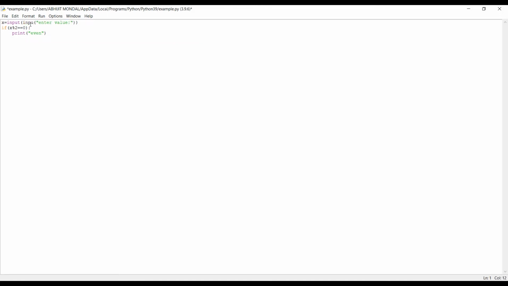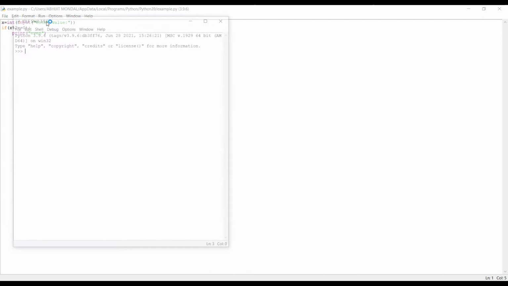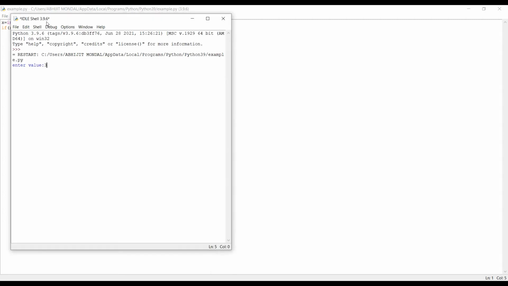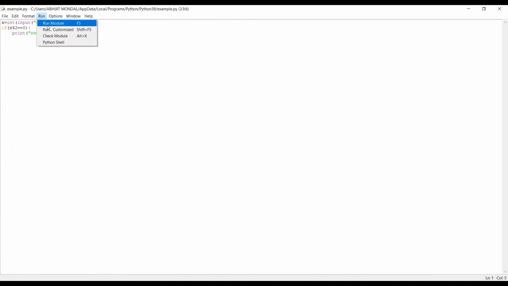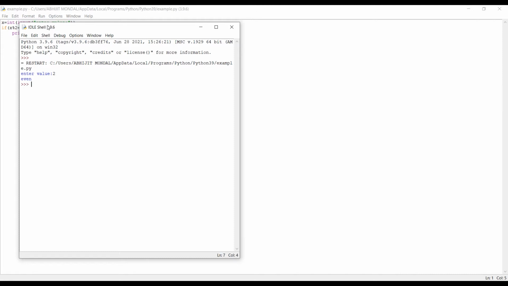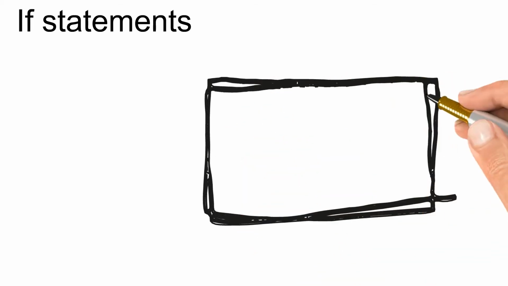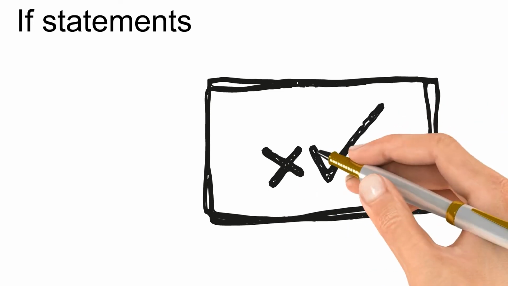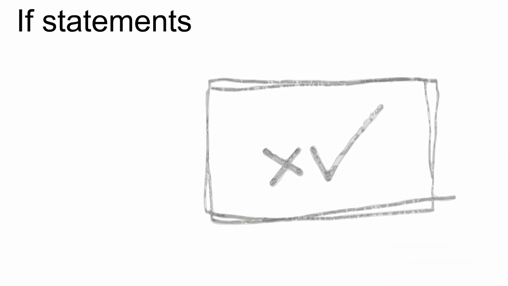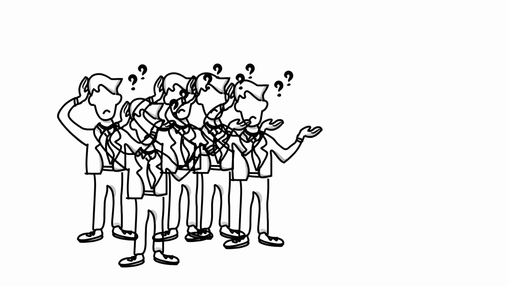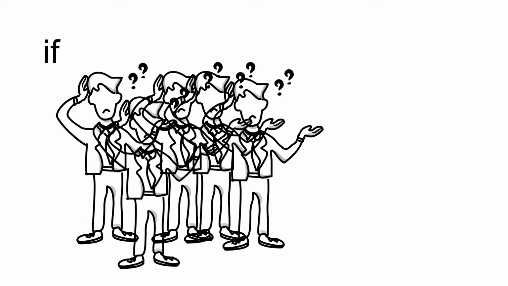Here will be the input and outside it will be int. Run it. Here it is. We will simply enter 3, which gives nothing. Let's test it again. We'll give 2, and here it prints even. So this was all about the if condition. Any choice selection or conditional statement can be executed in Python using the if statement, which is the simplest way. However, for multiple conditional statements, it is always used at the beginning of the conditional series.